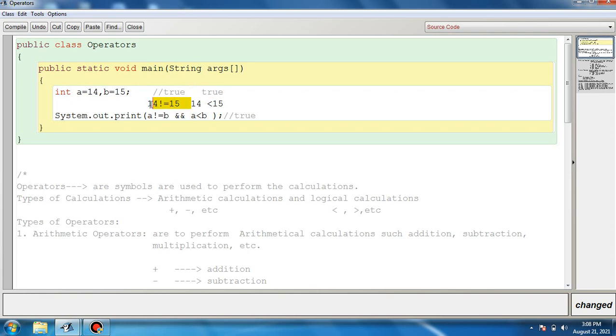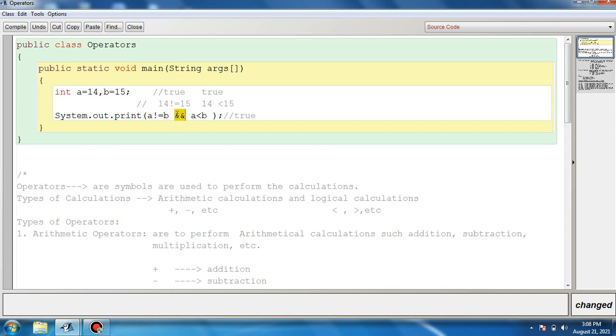Look here: 14 is not equal to 15, true. 14 is less than 15, true. Both result in true, so the logical AND operator will also result in true, and the final result will be true. Remember this: the logical AND operator says that all the expressions we have used must result in true, then the final result returned by it will be true. If we run this program, right click and click OK, you can see true.